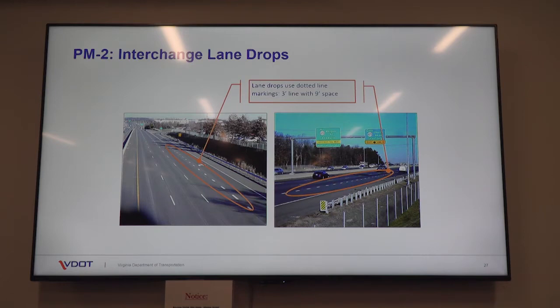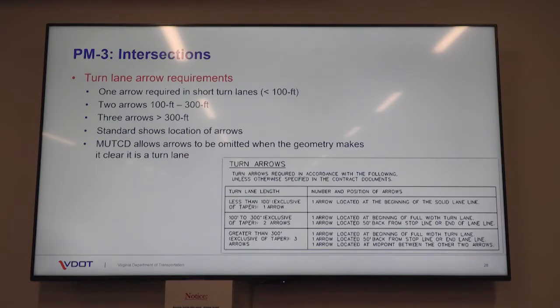At intersections, PM3 covers intersections. Should be noted that there used to be a PM4, if you recall. We split out unsignalized intersections from signalized intersections. Everything is in PM3, and sheet 3 and 4 cover the intersections, and especially when and how often, how frequently do we put our arrows and our messages. So in turn lanes that are short, less than 100, and that doesn't include our taper length, 1 arrow, okay? And then it's graduated as we get longer and longer storage lengths, full lane storage lengths, again, not including our